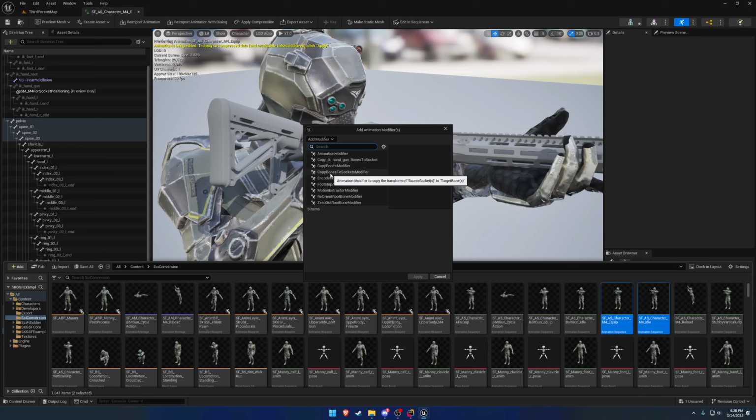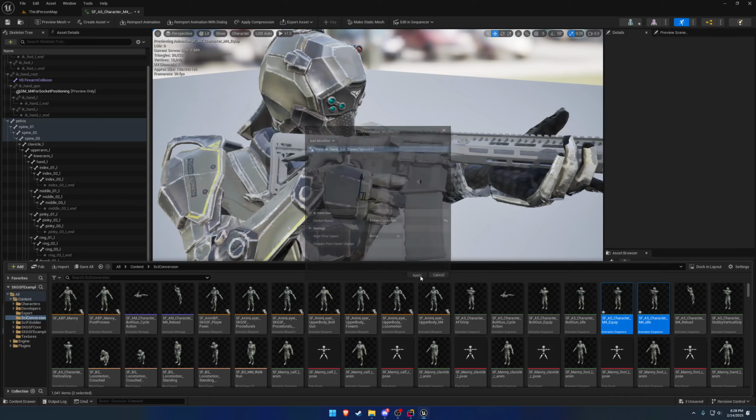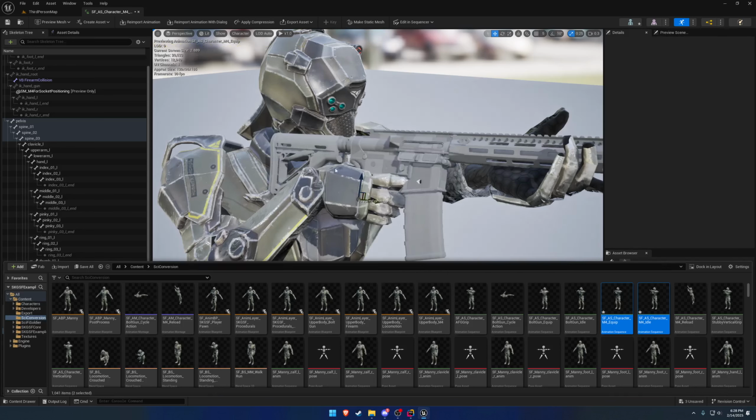Likewise, I also added this copy bones to socket modifier, which is the exact same thing as Epic's copy bones modifier. The only difference being it allows you to copy to a socket instead of a bone. But we're going to use this one because it's more or less automated, and paste the name of the socket, so firearm correction, and simply apply. As you can see, it immediately snapped into place,